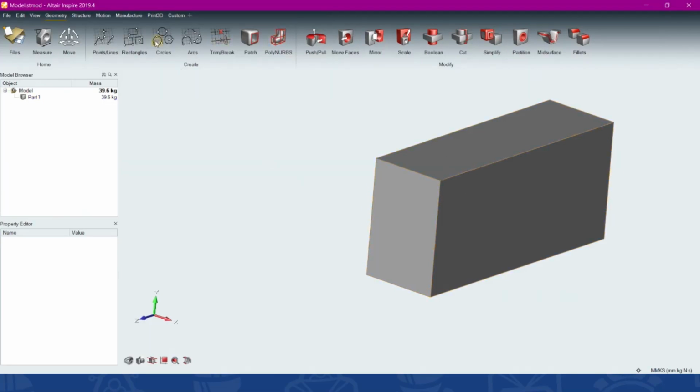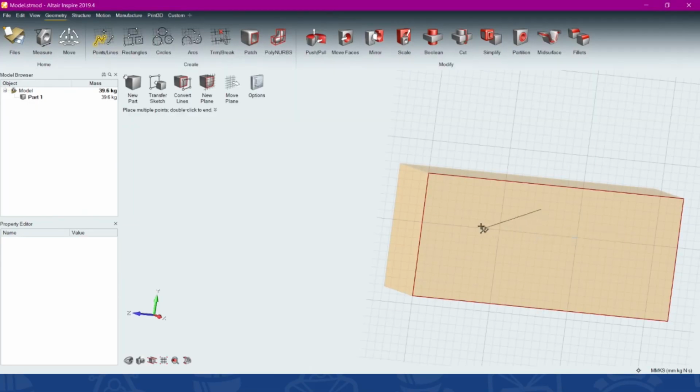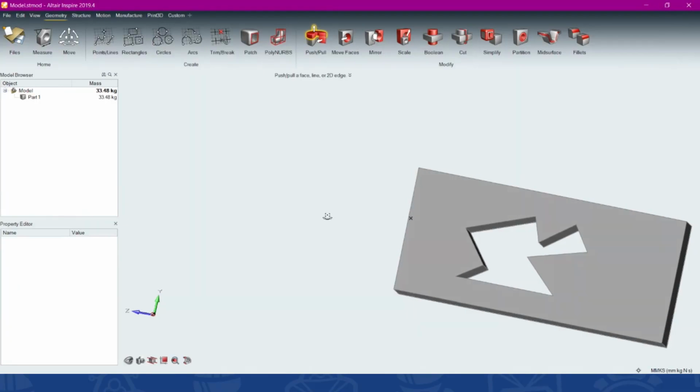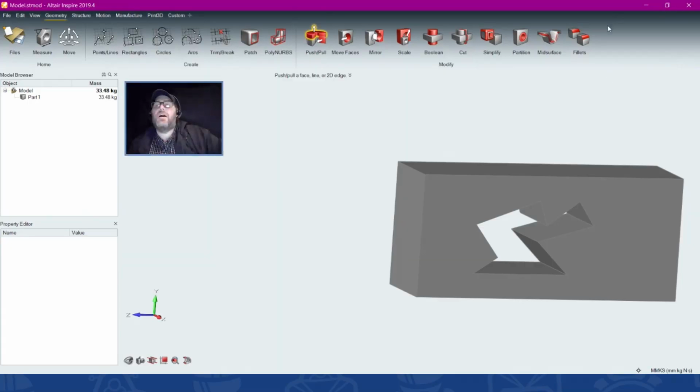But now that I've got geometry on here, if I come and sketch again, so I'm going to come to my polyline, I'm going to sketch on this surface right here, and we'll make some sort of really interesting sketch here. And now if I connect that, again, right-click to get out of there. I can pull that out, or I can push that back through, and I can create my parts that way. So we begin with a simple sketch and then begin to add or remove from that sketch,